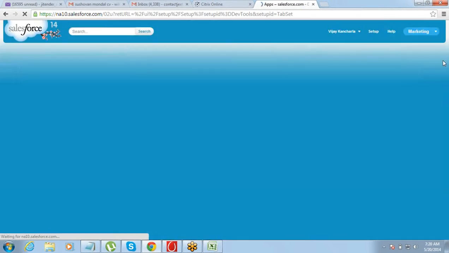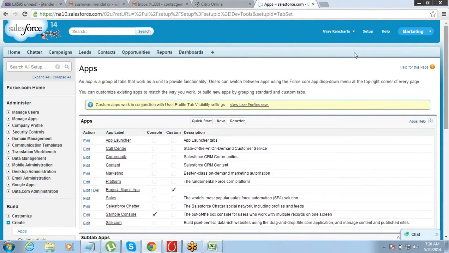Quick question here. On the previous screen, you said we cannot remove the home tab, but why would I need the home tab on a new app? Why would you need the home tab? That is not the thing. That is a standard tab, and we have made it mandatory on all the apps. You need it, you do not need it, we cannot help it. There is no flexibility on it. There is no option of removing that. As I told you, these are the standard things, we have very few options to change. So the home tab will be available under every app. We cannot remove it from there.